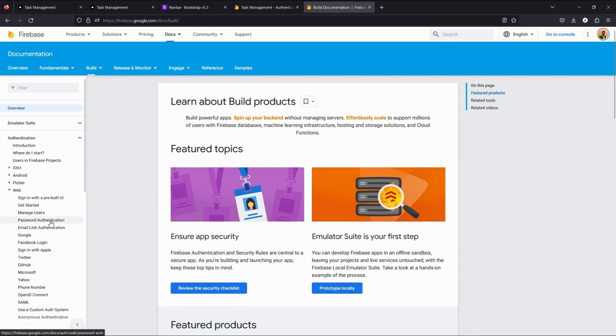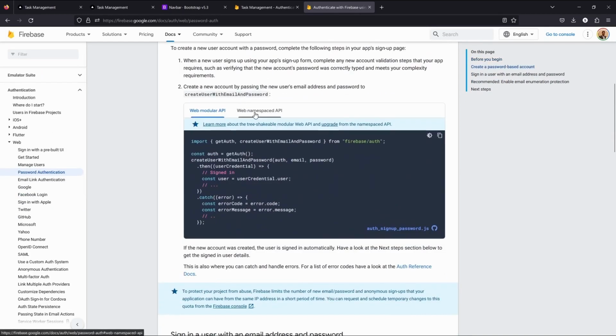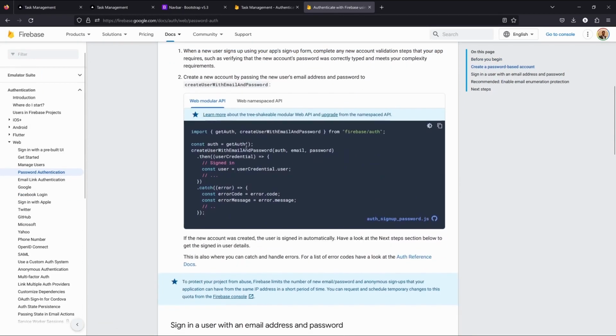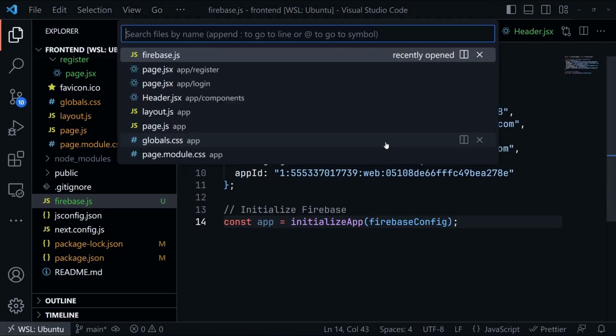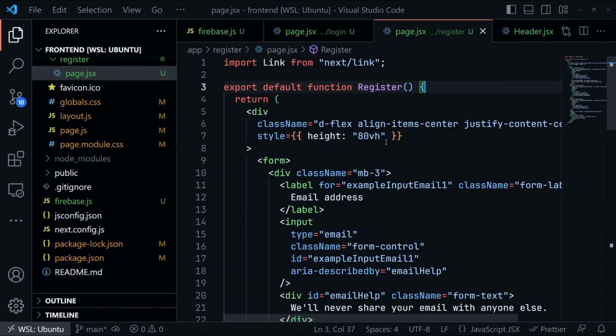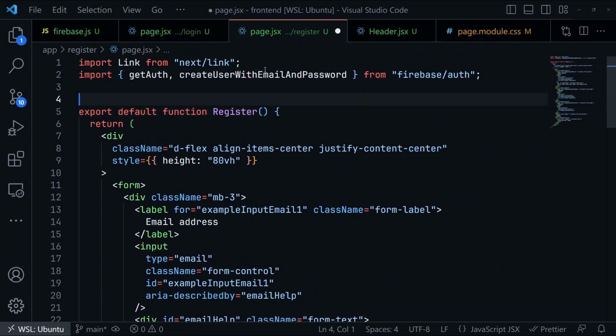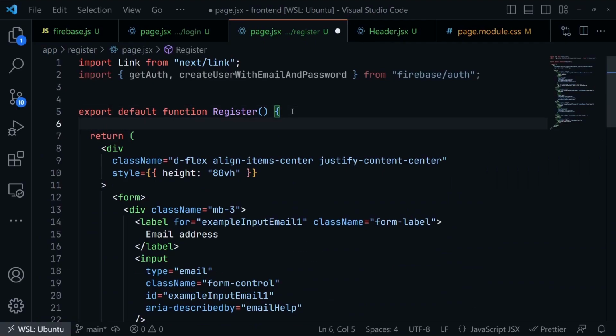No, we need this password authentication. So yeah. And you have a function over here which is responsible for creating a new user. Okay, create a password based account. So we'll just copy the import statement and we will use the same code for our register page. So inside this register page, I'll just copy the same thing and then we'll put it